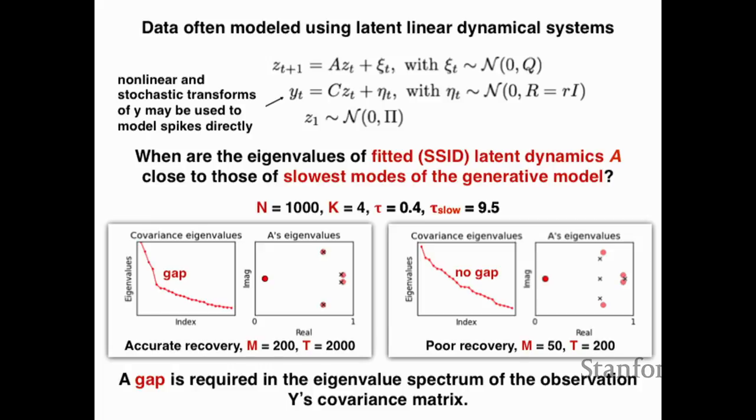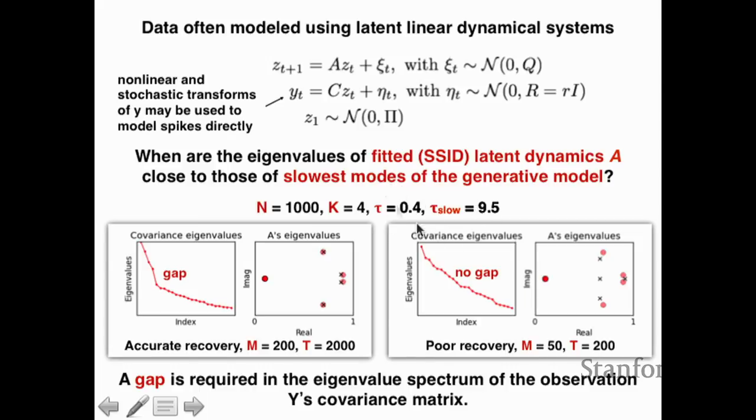It turns out that there's, again, a phase transition in the number of recorded neurons and the amount of time that you record in that plane. Whenever this so-called Hankel matrix has a gap in its eigenvalue spectrum, then, so this is an example where you have 1,000 neurons, a rank 4 connectivity matrix, and